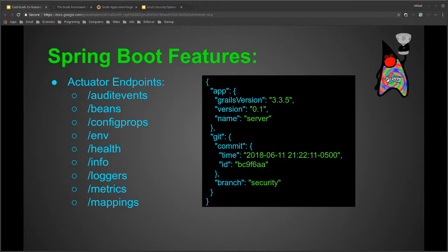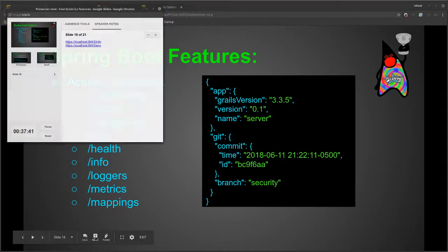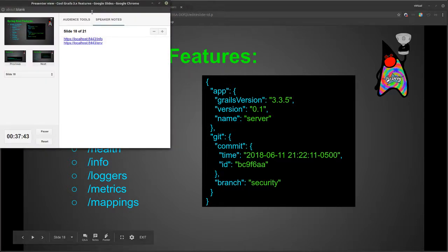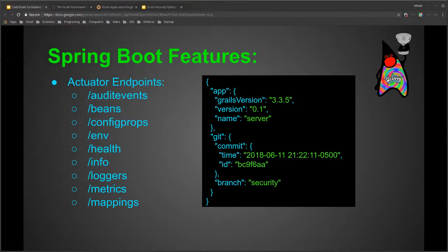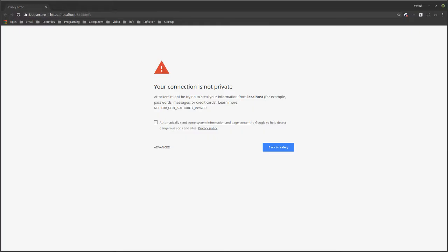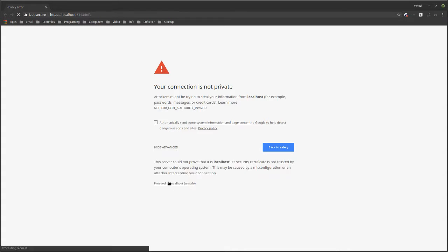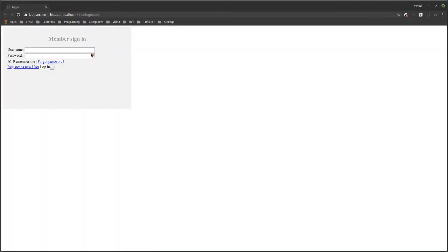Okay, I screwed that up, so I'm going to bring that back. Oh, I'm trying to click on the wrong thing. And I'm going to open a new window. Log in.